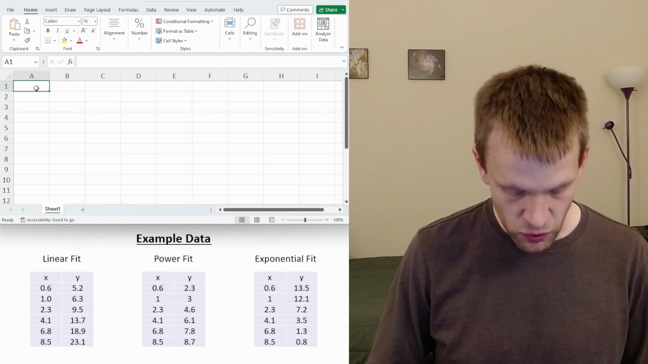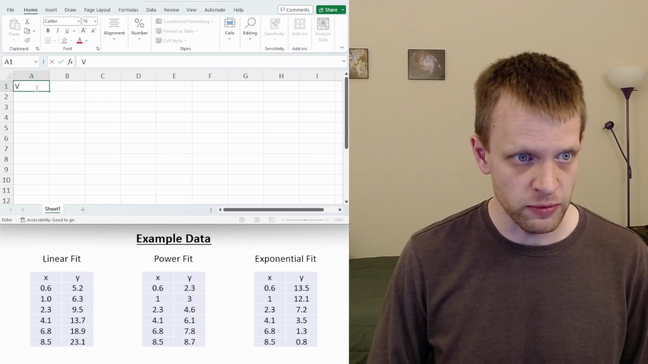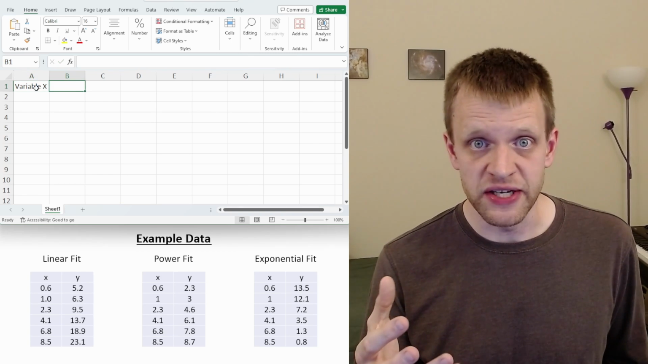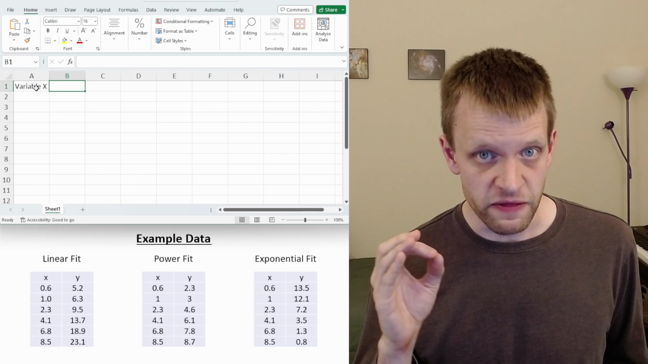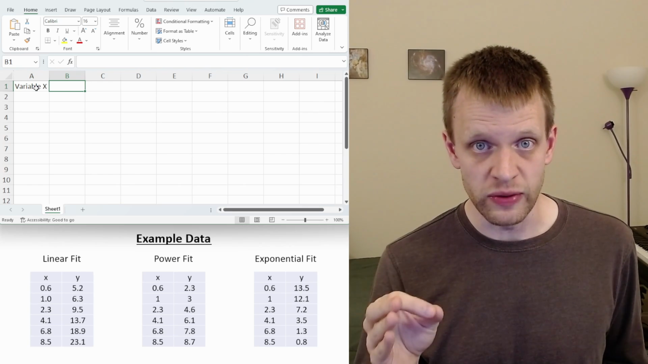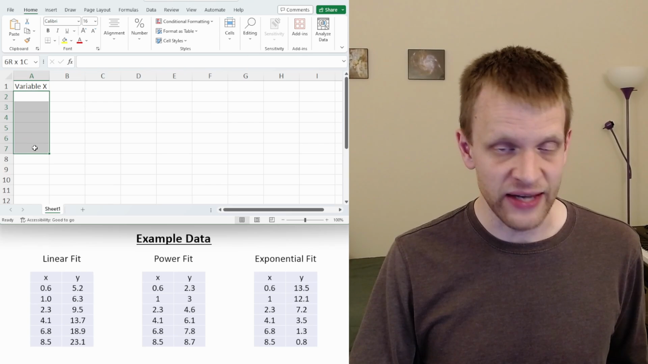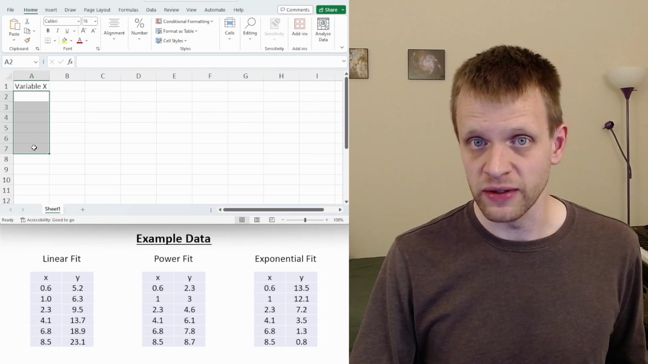So on the horizontal axis, let's say I'm going to call this a variable x, and if this had particular units associated with it, this is where we'd want to enter in the units, on the axis titles, not in the actual values that we're going to be putting in later. Again, if you put